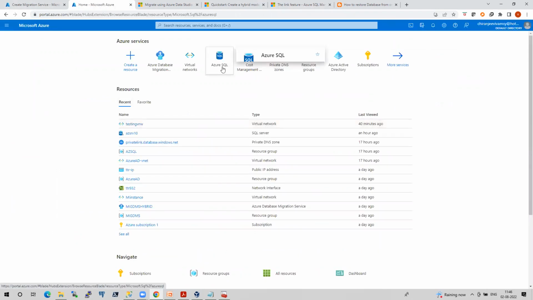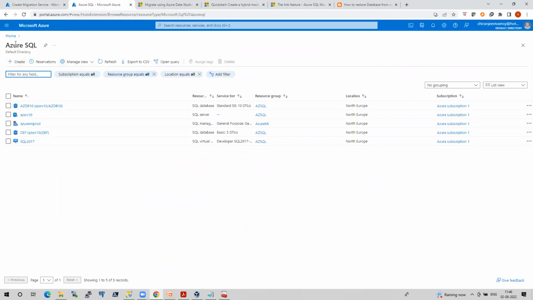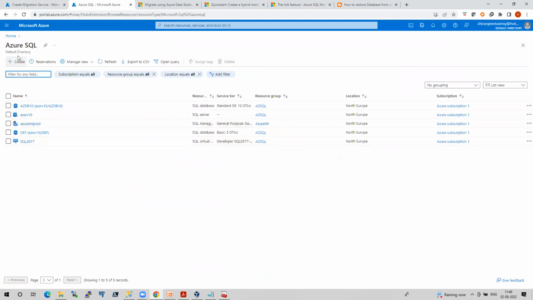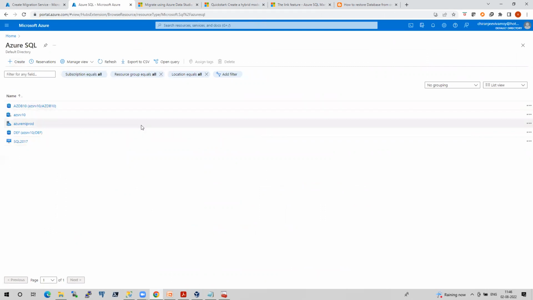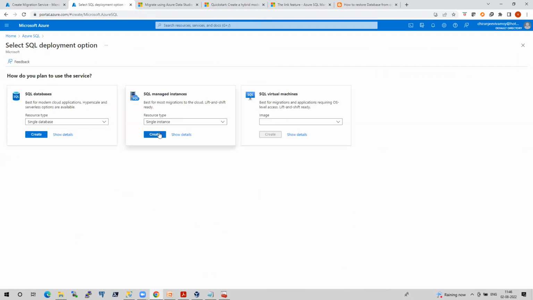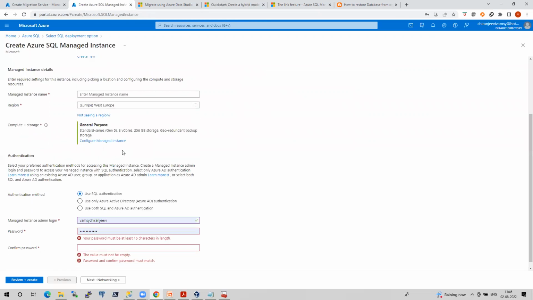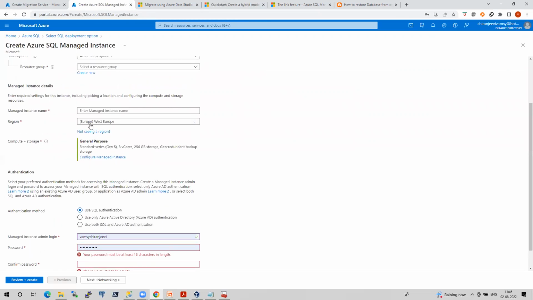Yeah, so you just missed that. Let's take for example Azure SQL. Okay, let's go with Azure MI since you asked only about that. Azure MI, single instance create. So if you see here, it is just asking for us to choose a region. I just selected North Europe in that case. So it is not a geo thing here.